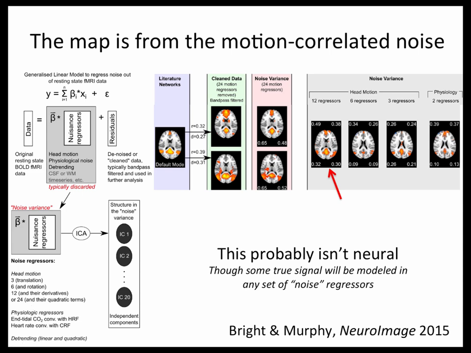But if they run that ICA analysis on the clean data, so that's the stuff that you normally run it on, we see our nice default mode network. If you're running it on your motion parameters, which is this image over here, you're seeing the same network. So it's a little bit concerning that you see your network on the stuff that you're pulling out of your data. So this map is probably not neural, although I should note one of the quirks is that some true